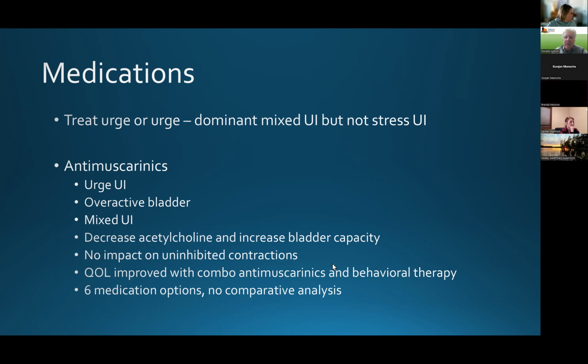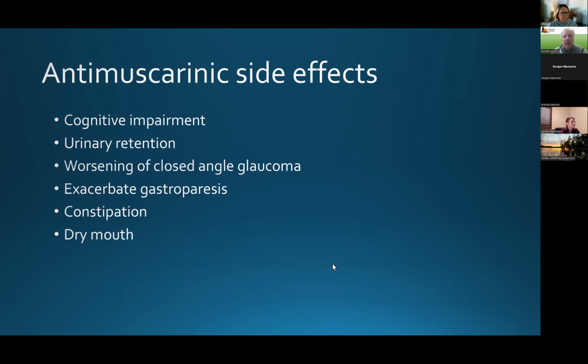There's currently, to my understanding, 6 medications that are available. There's no side-by-side analysis to say which one's better than the other. So that's the Ditropan, the oxybutynin, those kinds of medications. The antimuscarinic side effects are something to consider. They're not particularly trivial. And although some of the medications are touted to have fewer side effects than others, don't believe it. There's cognitive impairment,